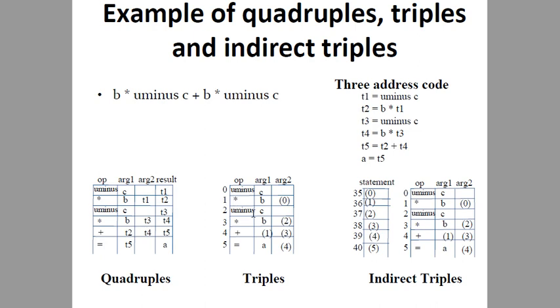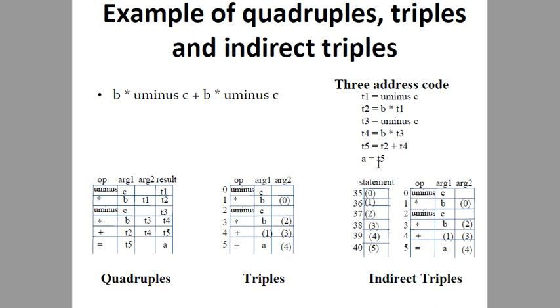Similarly for the third statement, this is also the same. See over here T2 plus T4, so T2 is being stored in this 1 location, and T4 is being stored in this third location. So in this statement you can see T5 is equal to T2 plus T4. We are just taking argument 1 as the reference to our instruction which is storing T2, and the reference to our instruction which is storing our T4. So that is why 1 and 3 in case of argument 1, argument 2, and the operator is the same as previous, so it is plus.